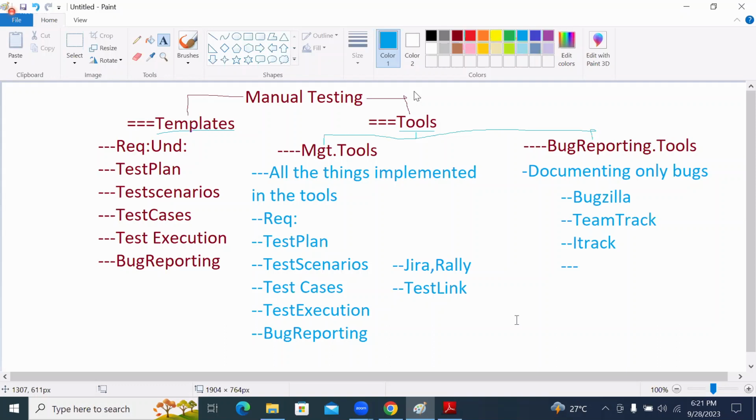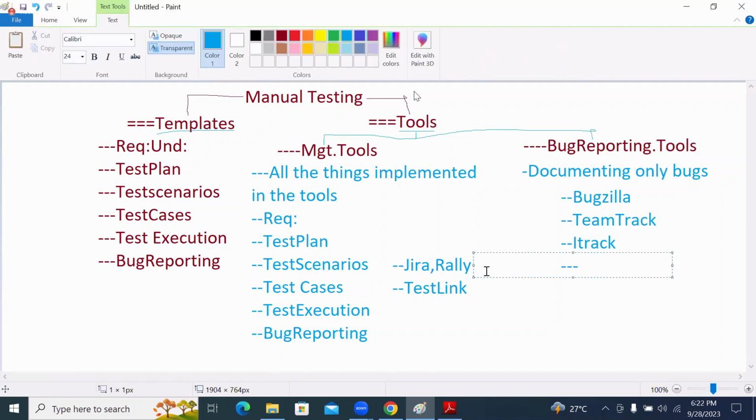Because of that, get comfortable working with one particular tool. If you get comfortable working with one particular tool, the same thing can be applied to the maximum number of tools. You just have to take care of understanding what the particular steps are that need to be followed. In that, if I'm taking Jira and Rally,